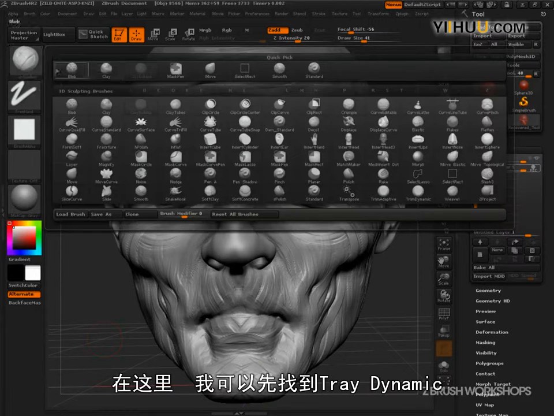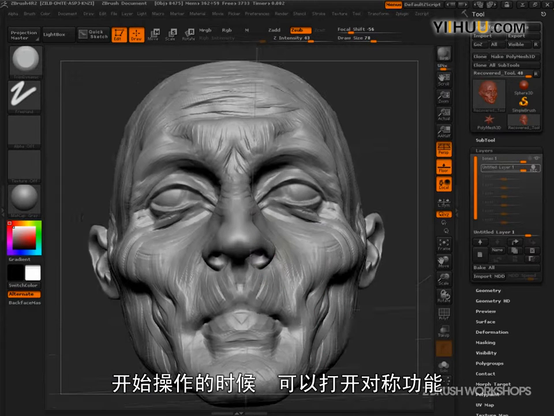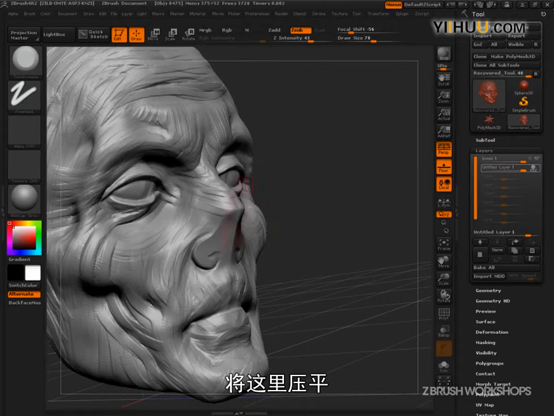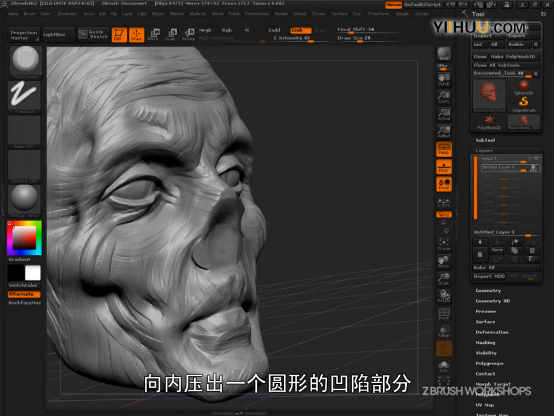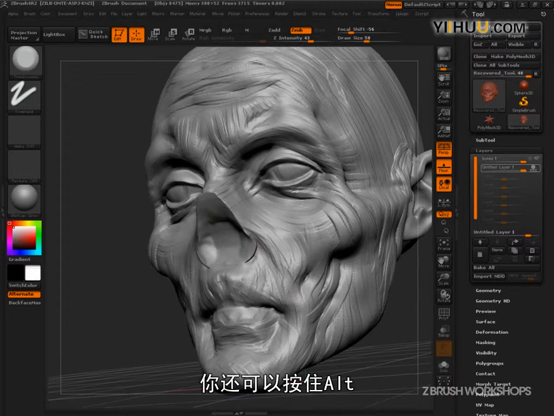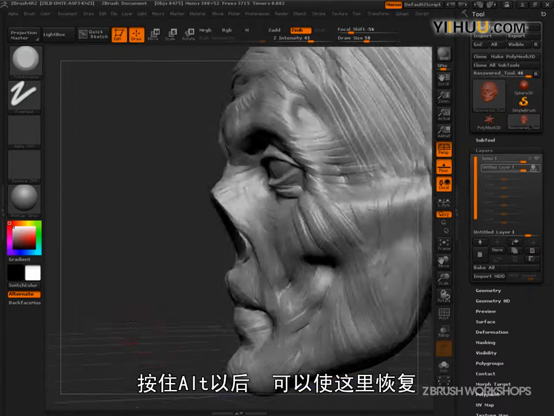In my case, I'm going to come into Trim Dynamic. Okay, and symmetry can be on for the early stages of this actually, so I just turned it back on. And I'm just pressing. And I'm going to go to the nasal bone. There we go. And in. And I'm just making circles to kind of push this back. You also press Alt, and when you press Alt, it'll actually build back up. So with that done,